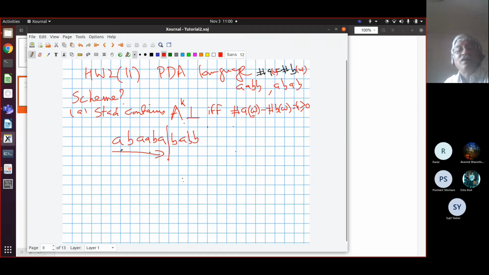And how will I do it? The idea is this: my stack initially contains bottom. Every time I see an A, I push a capital A on top of the stack. Then when I see a B, I cancel off that A from the stack. Then if I see another A, I push an A on top of the stack. I see another A, I push another A on the top of it. Then if I see a B, I cancel this off. And if I see another A, I push this. So as long as my number of A's is larger than or equal to the number of B's, and the excess is K, I will have K A's on the top of my stack. This is one property I will use.